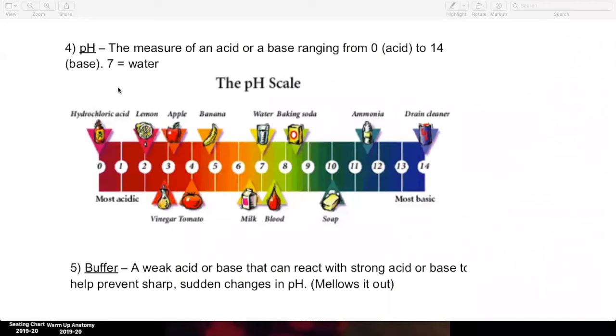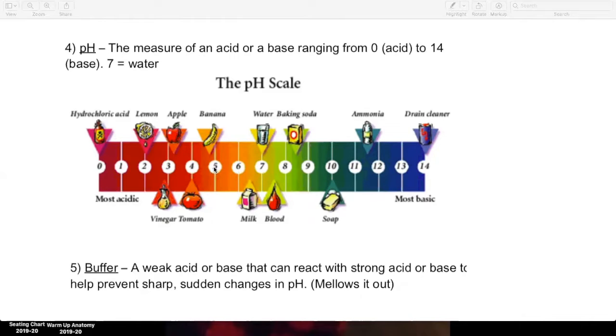And what he found was the stuff with the most amount of hydrogen ended up being the most acidic. And the stuff with the least amount of hydrogen ended up being the most basic or alkaline. And I didn't get those numbers mixed up. The lower numbers have the most hydrogen, the higher numbers have the least hydrogen. What else he discovered was when he lined them up and numbered them,